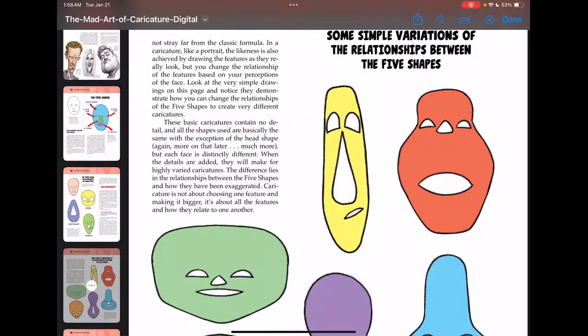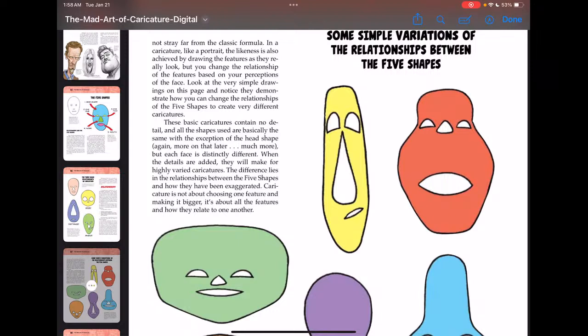These caricatures contain no detail, and all the shapes used are basically the same with the exception of the head shape. Again, more on that later, much more. But each face is distinctly different. When the details are added, they will make for highly varied caricatures.